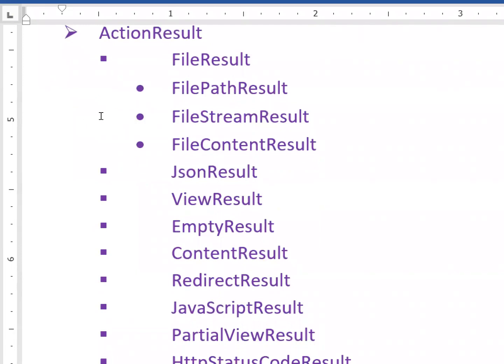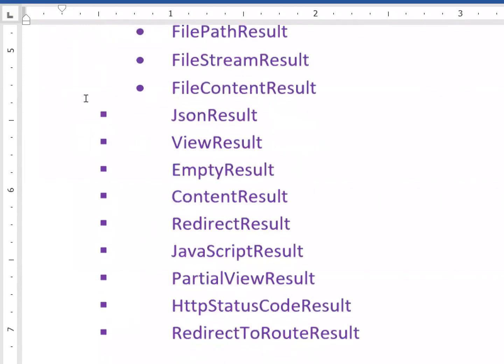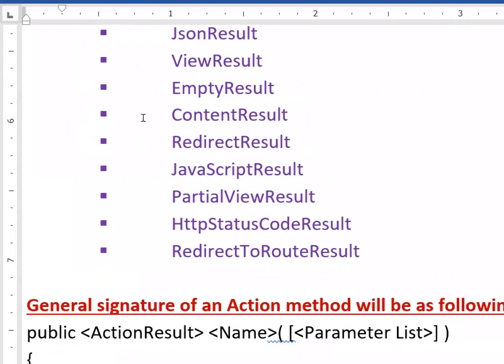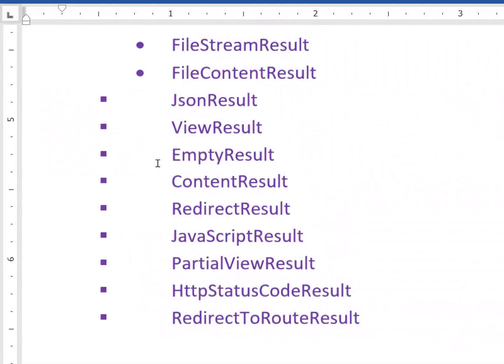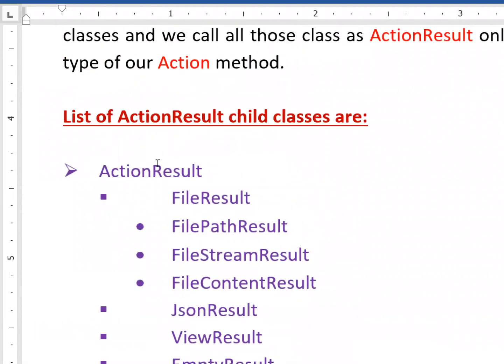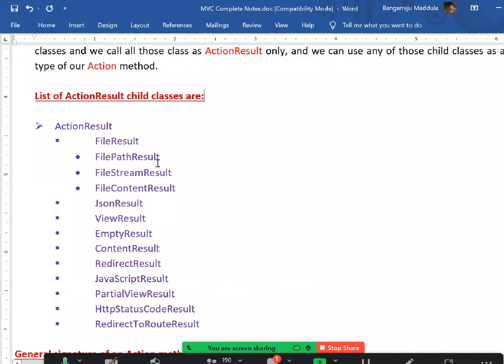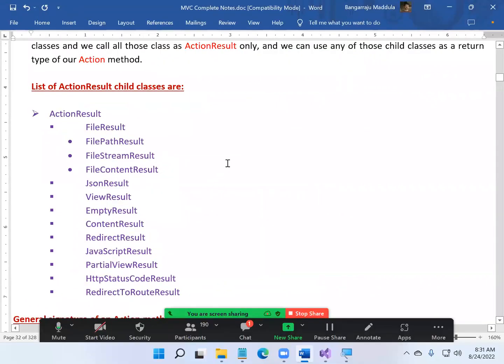Next. Redirect result, JavaScript result, partial view result, HTTP status code result, redirect to route result. All these are the different types of results what you have under the class now. It's not like one, there are various. There's a list of,